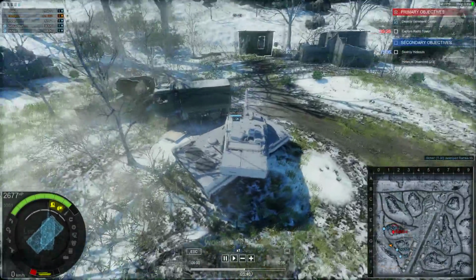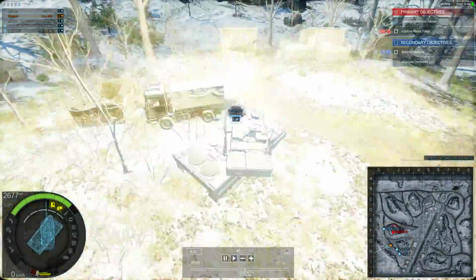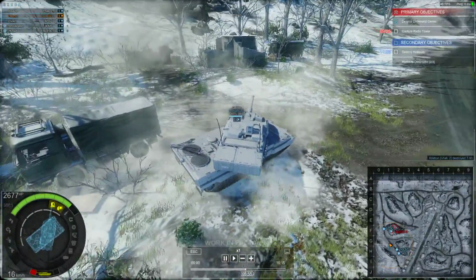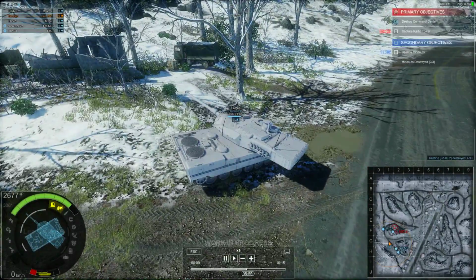Same with that one up there, and that one there takes 3 shots as well. So, 8 shots in total to take out one of these hideouts. And you can see the missiles work just as well. I'm intrigued as to see why heat